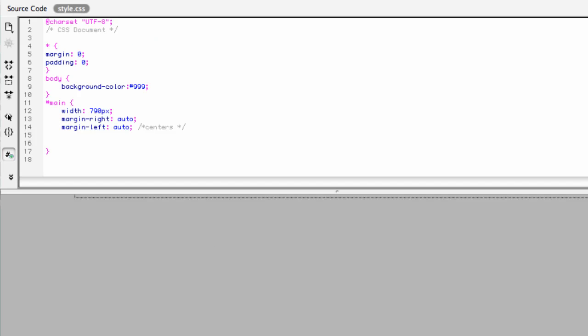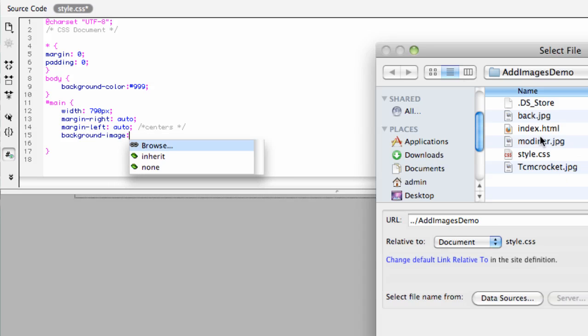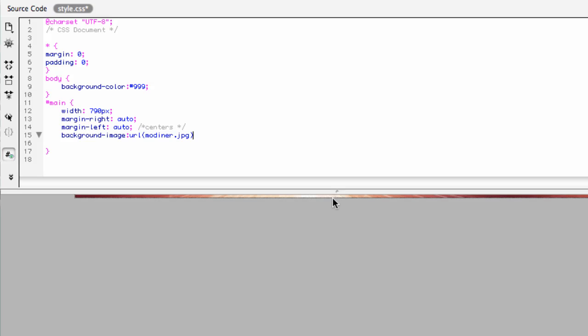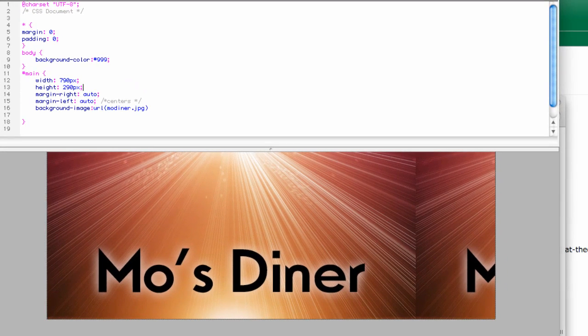Now I'm going to go in and I'm going to set my background. You can't really see anything though, because even though I have a width set, I haven't set a height. Now, for a lot of your content, you're not going to want to set a height. But for things like headers, where you only need to see the top area and nobody's going to be typing in there, it's okay to set a height. So, I happen to know that the height is 290 pixels. So I'm going to set that, and with the semicolon, when I click away,